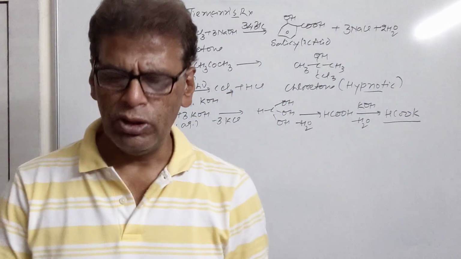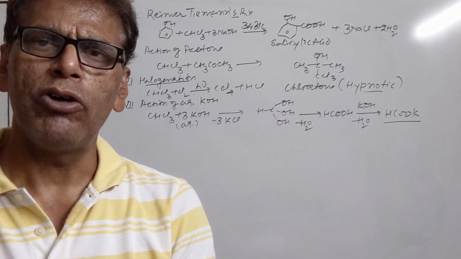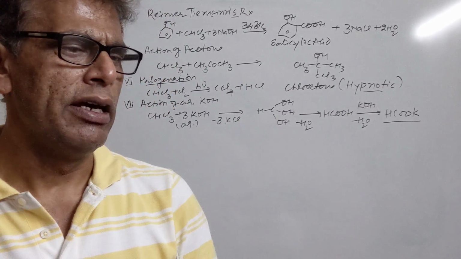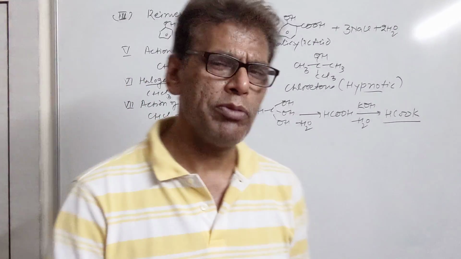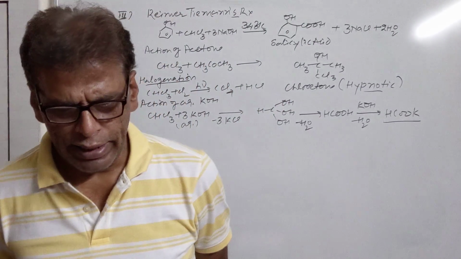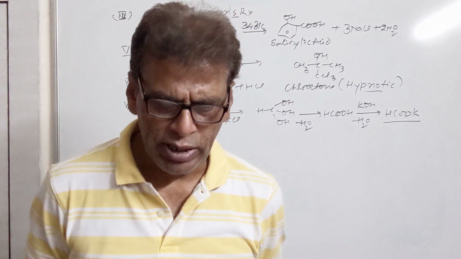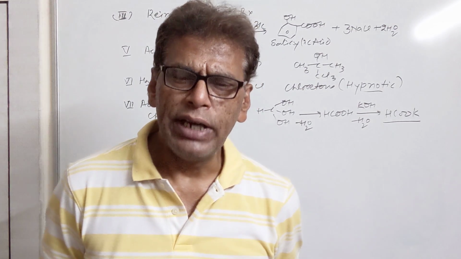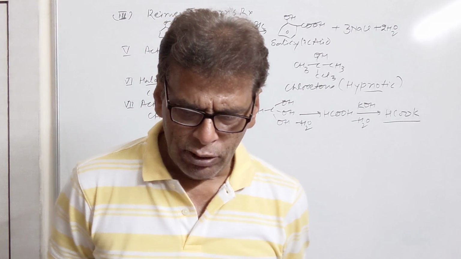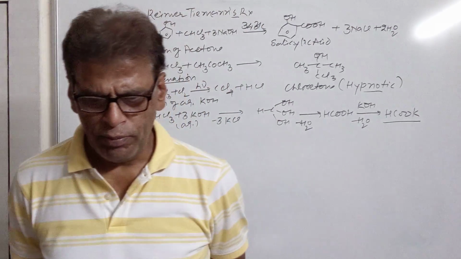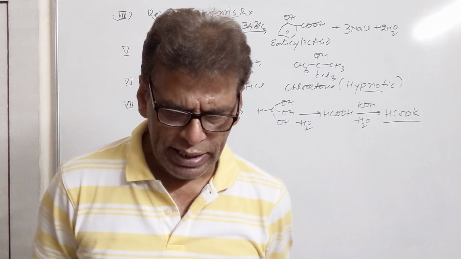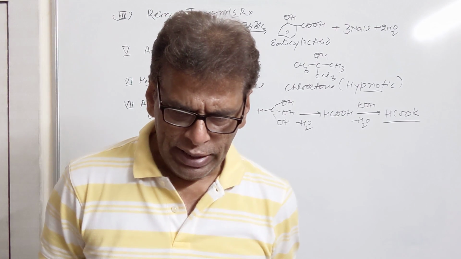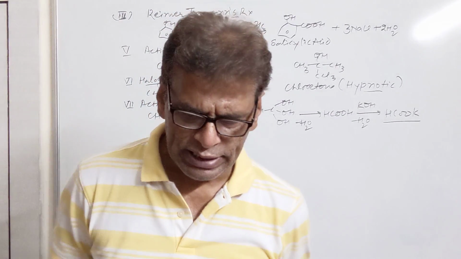Now, what are the uses of chloroform? It is used as a solvent. It is used in the preparation of organic compounds, as we have seen, the preparation of salicylic acid, preparation of salicylaldehyde, and in the production of refrigerants. It depresses the nervous system when it is used as an anesthetic. Chronic exposure to chloroform damages liver and kidney. When skin is immersed in a chloroform sample, it produces sores on the skin.